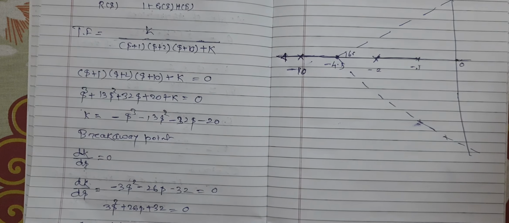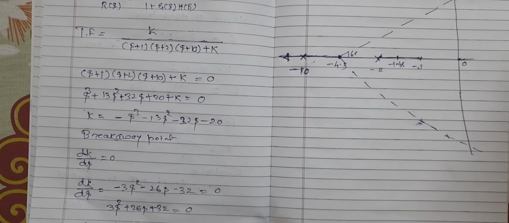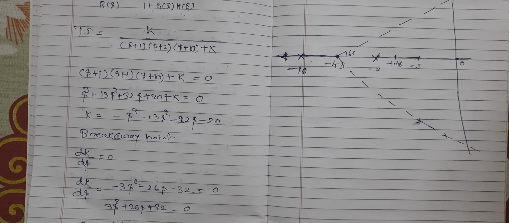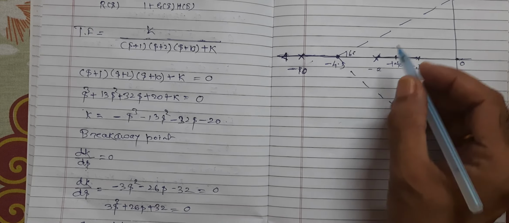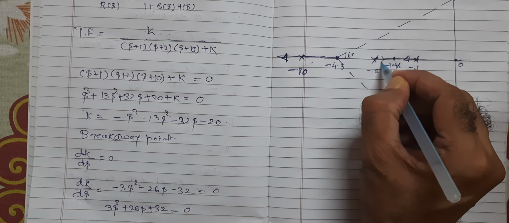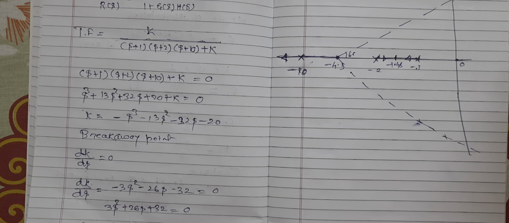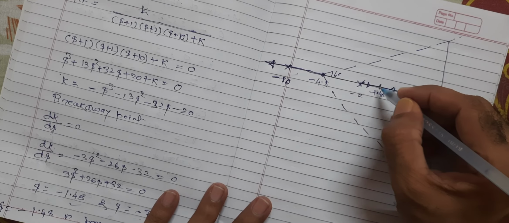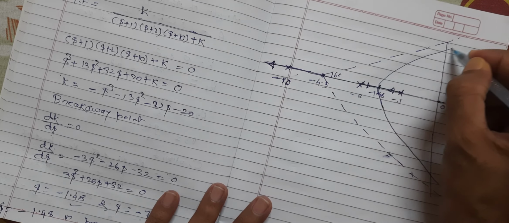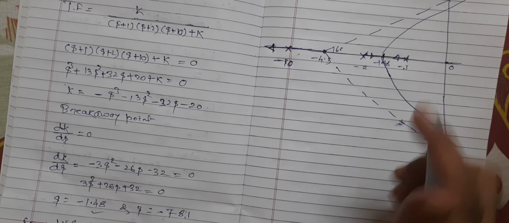So now this is approximately at the center here. This is minus 1.48. This we have to know, that is the breakaway point. Now see here what happens: this pole will move in this direction, this pole will move in this direction, and they will meet at this point. From this point they will move like this. And from the origin,